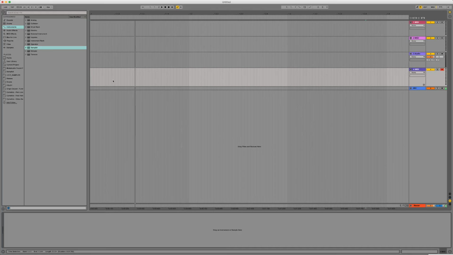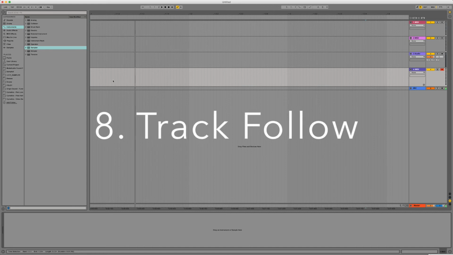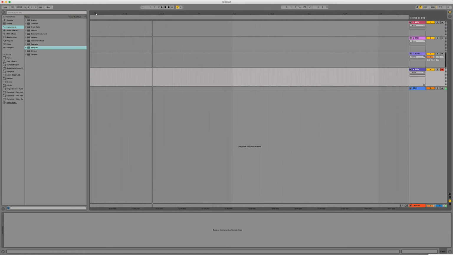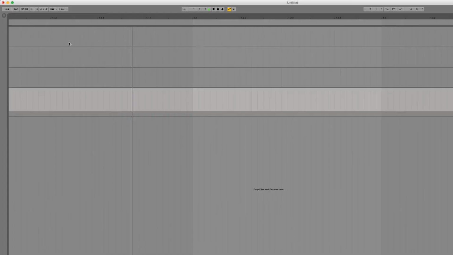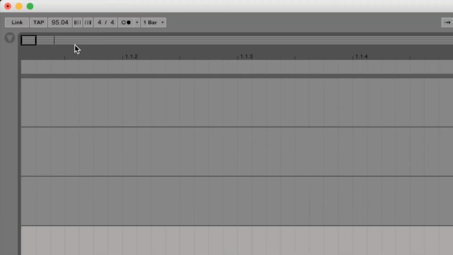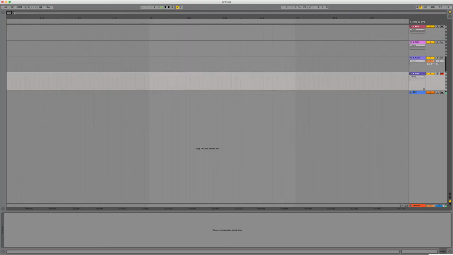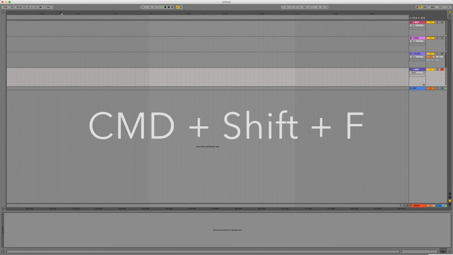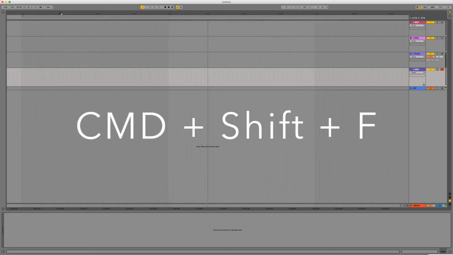So the 8th tip I'd like to show you is the track follow key command, and that's just what I call it. So when you're playing a song, and say you're zoomed in quite a bit to see the different sections of a song, let's imagine I've got sections of a song here, you can see the play indicator just passed right past this section here, past the MIDI tracks, and you can't ever see it again, unless you've got the overview up here, as you can see. However, if you press play, so you just use spacebar, and then you press Command Shift F, it actually follows